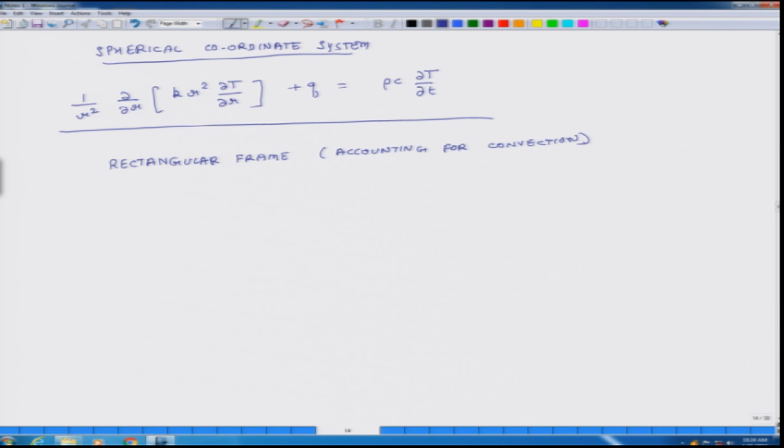My governing equation is so the governing equation is pretty much the same, but we add one extra term,